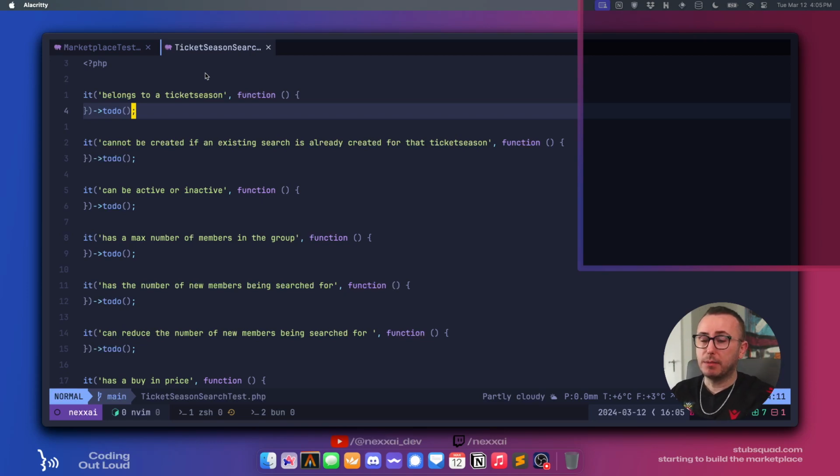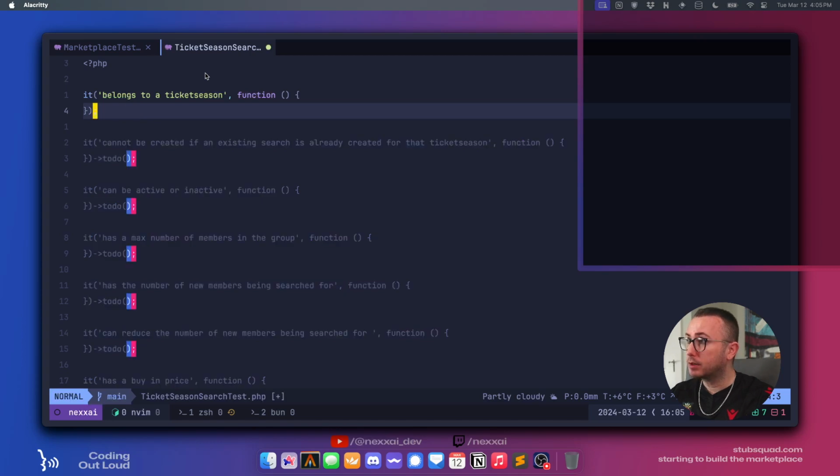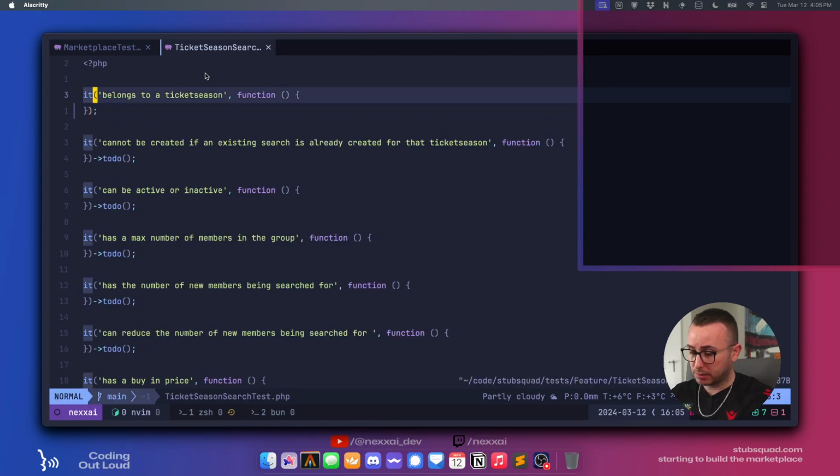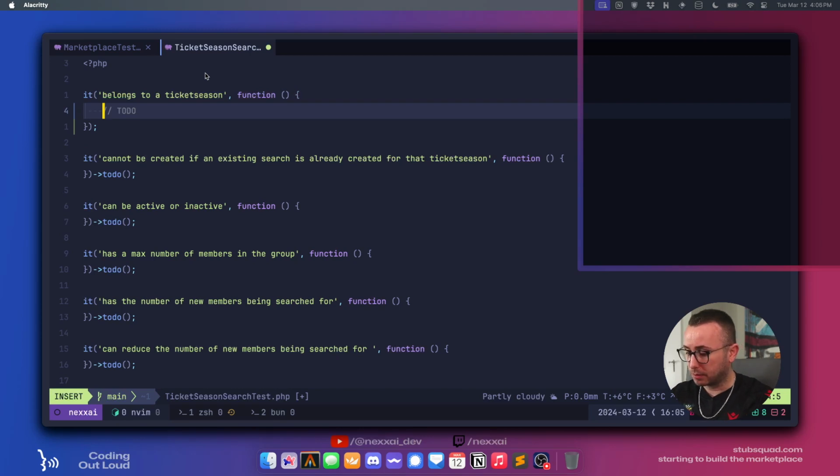Obviously, as things come up, we might want to add stuff later, but at least I want to have a basic working marketplace by the end of the week. So let's go like this. And so we're going to say it belongs to a ticket season. Of course, this is not going to work. We're going to say